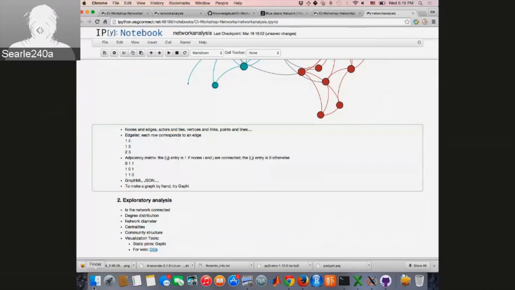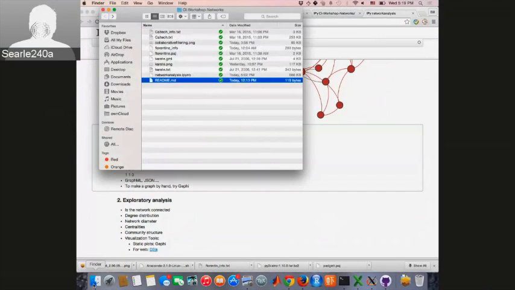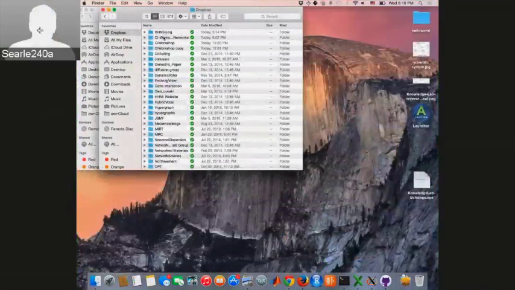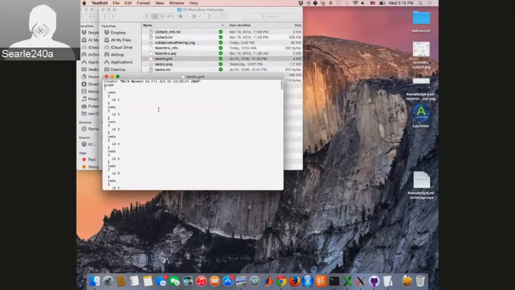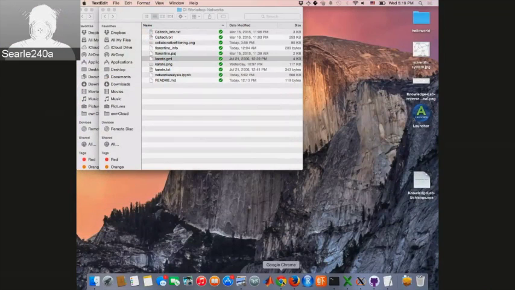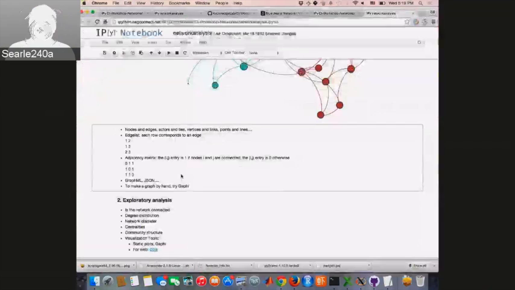Let me see if I can show you this. Go here. CI workshop. So a GML file looks like this. Here you will have nodes, and they have IDs, so you can write attributes inside for each node. And there are other formats such as JSON, but